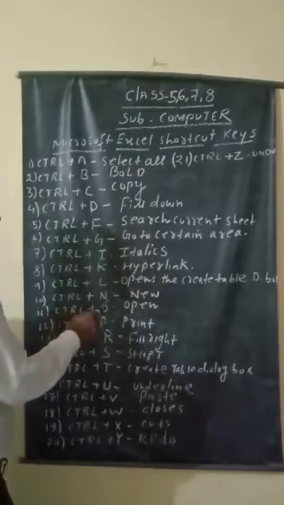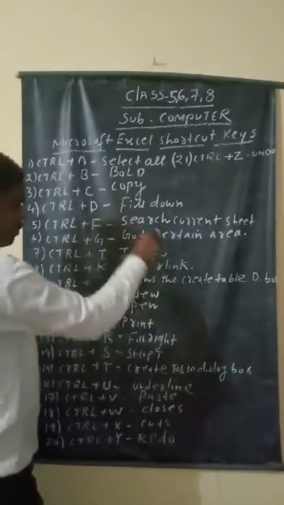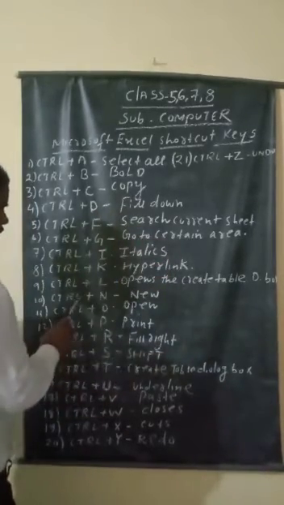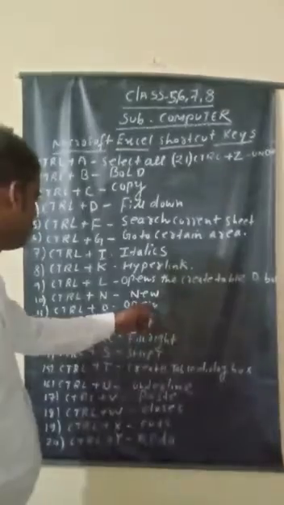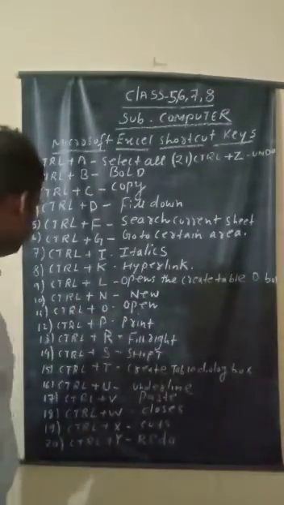And this function you are familiar with, Control plus N. Suppose this page is too filled up, simply press Control plus N and a new page comes. In a new page you can do lots of work. So this helps us go to new pages.